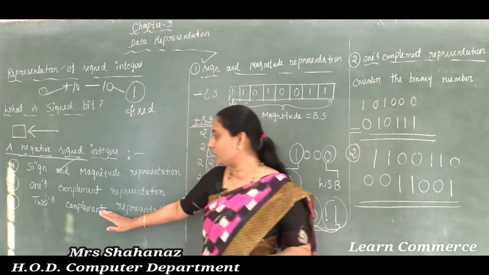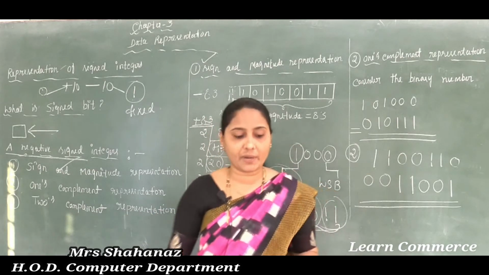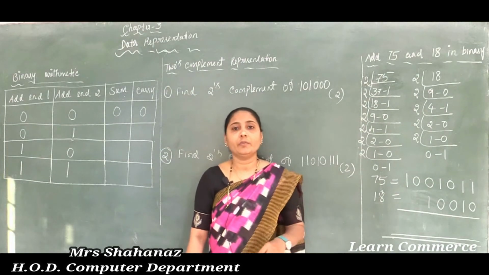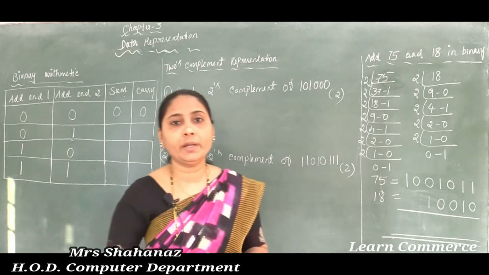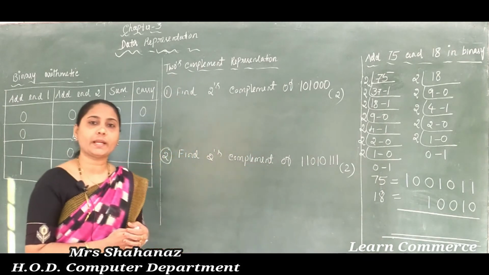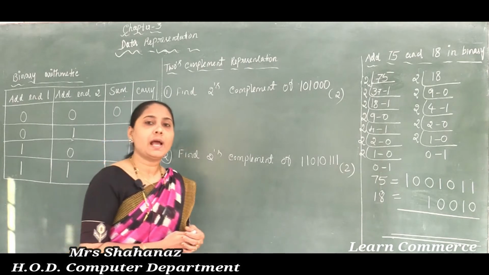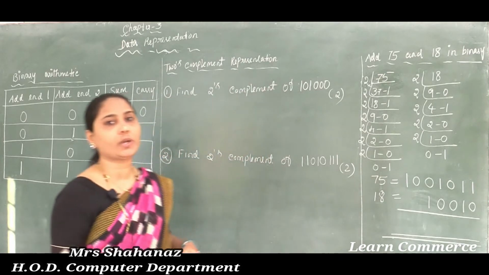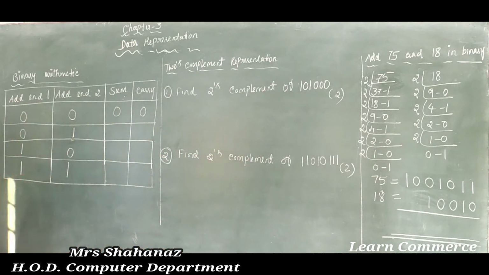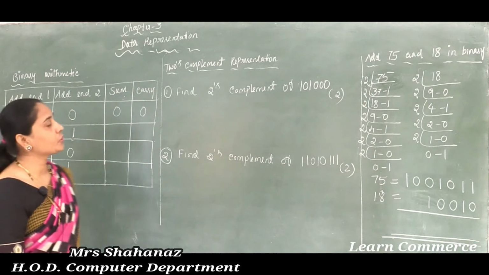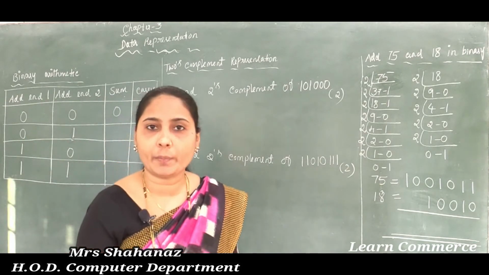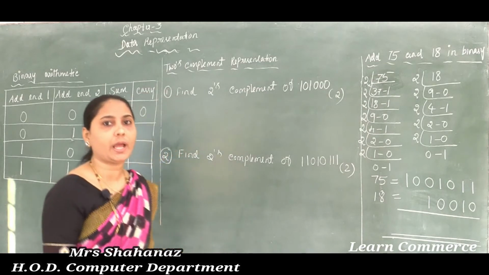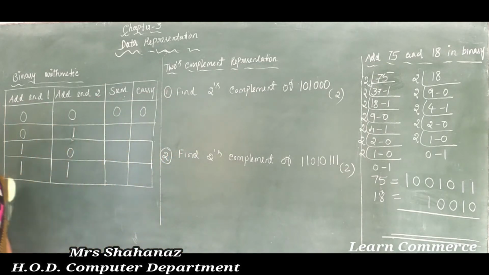Now after that, shall we complete our twos complement representation? As we know, we are at the second point, and we already completed it. The second point is the ones complement representation. Just by changing 1 to 0 and 0 to 1, it is possible to get the ones complement of a number. Now before going to solve the twos complement of a number, or before explaining the twos complement of a number, I want to say some important notes about our binary arithmetic.